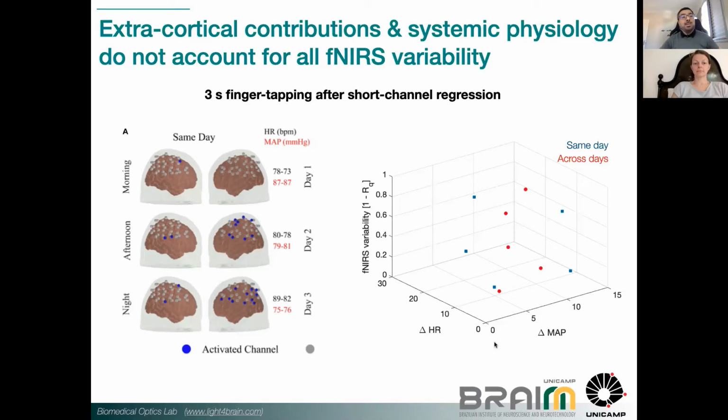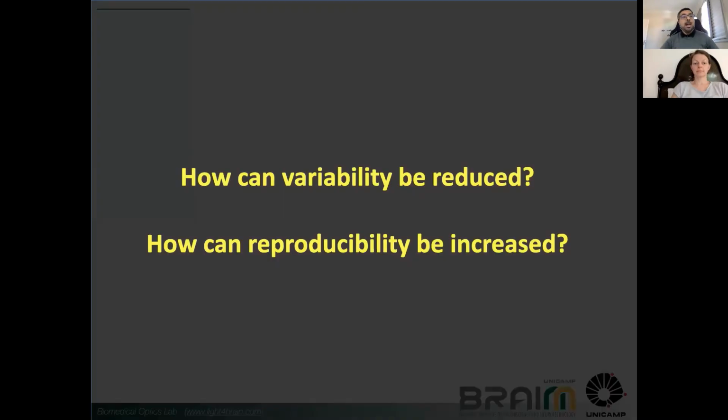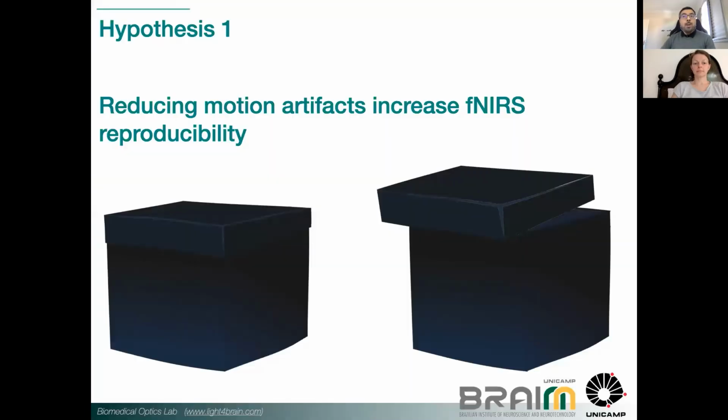So there must be something else other than systemic physiology, right? And that's what we actually started looking at. What else can we use to remove systemic physiology and to increase fNIRS reproducibility, or similarly decrease fNIRS variability, right? So one thing, and it's the simplest thing that you can imagine, is actually motion